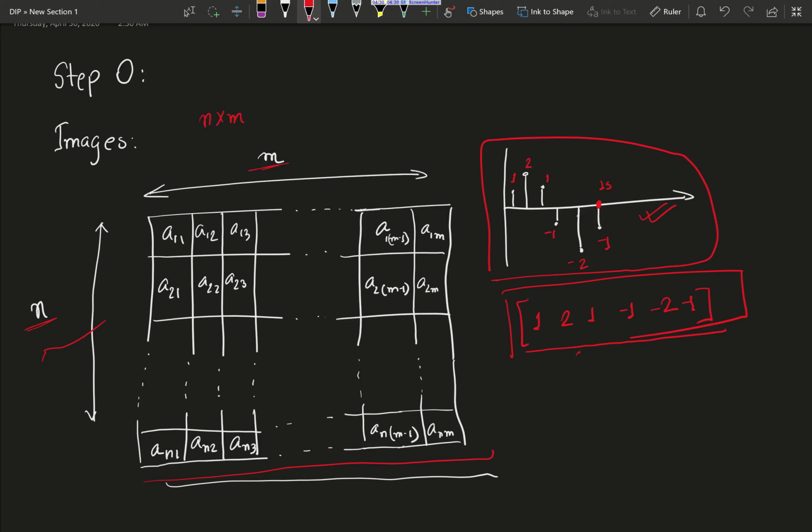The most common grayscale scheme used is 8-bit grayscale. 8-bit just means 2 to the power 8 intensity levels. So the intensity level varies from 0 to 255. 0 means a completely black pixel and 255 means a completely white pixel, and the middle ones get an intermediate gray